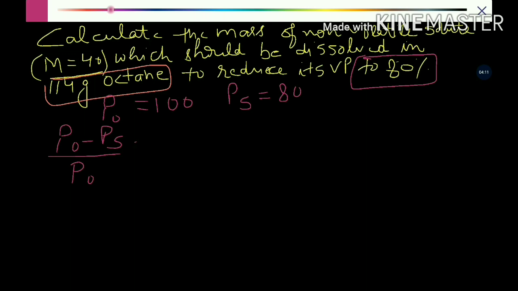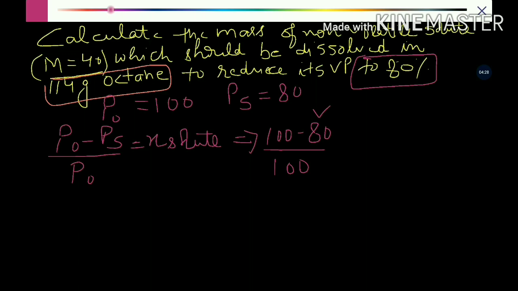So how do we solve it now? So P naught is 100, PS is 80, again P naught is 100. So we have to reduce the vapor pressure to 80. Now, it is equal to the mole fraction of solute, which means the number of moles of solute. So we don't know the mass of solute. Mass divided by molar mass of solute is m by 40, divided by the total number of moles of solution, that is m